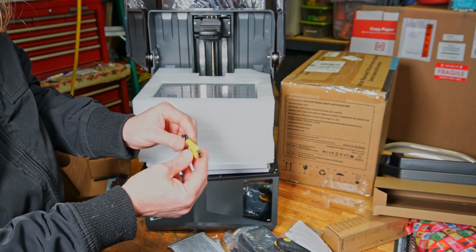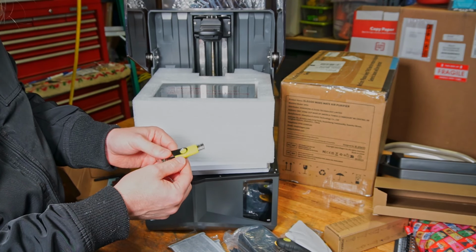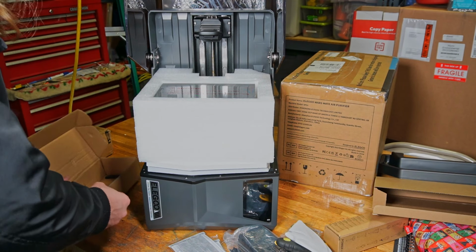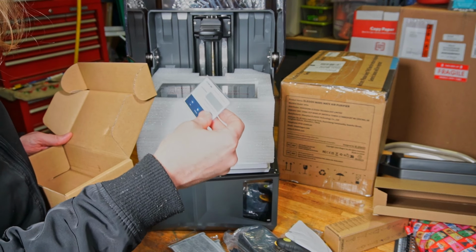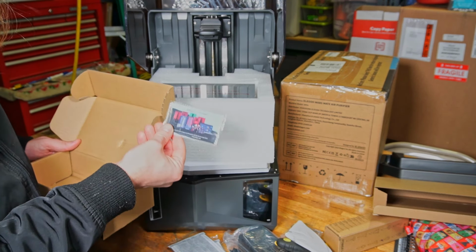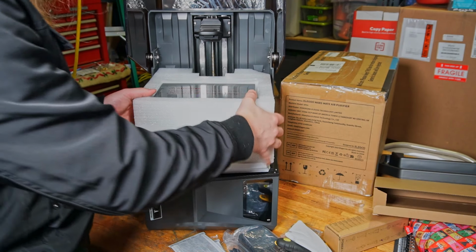So here's, this is cool. They got a little USB thing. I like how it's yellow. You know, I'm not going to lose it. It'll stand out on the desk. And Elegoo Cheeto box, okay. This looks like a little marketing thing. I'm in the club, boys. So here's the actual